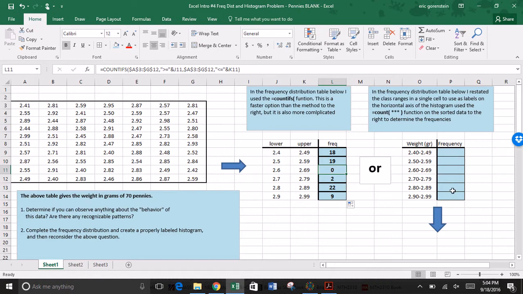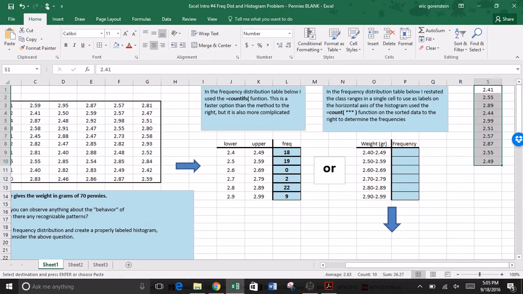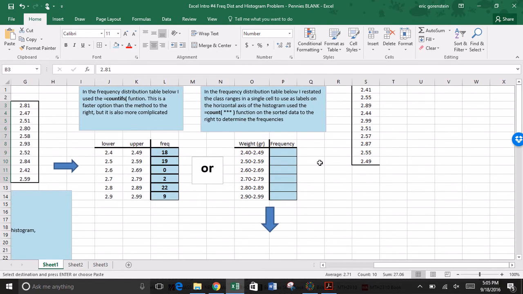What I recommend is maybe doing the counting this way, using the count function. So basically, if you just say equal count, highlight some data, Excel will tell you how many pieces of data you have. The only issue here is we need the data in one column. So I'm going to copy this data, and unfortunately I'm going to have to copy it column by column. So that's 1, 2,